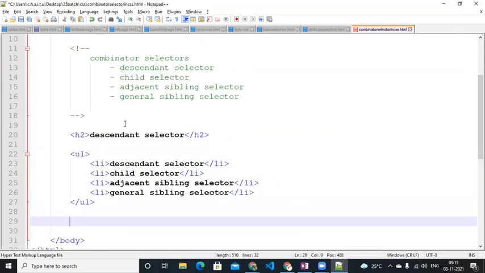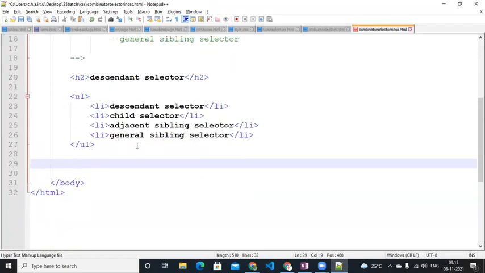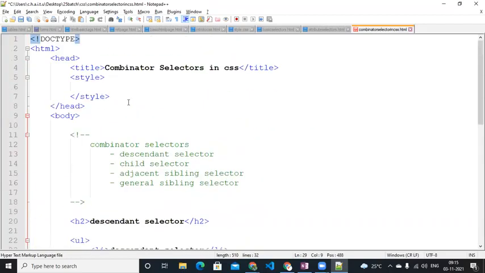Now how to write this descendant selector? We are talking about descendant selector. How are we going to check it? How are we going to write it? When it comes to descendant selector, see in the name itself, descendant in the sense is going to be the children. Okay, now what I'm gonna do is,